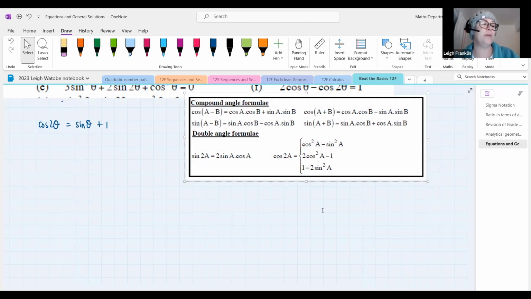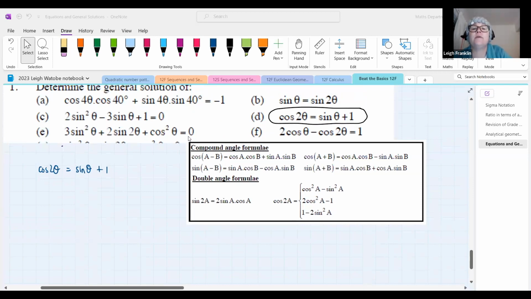Which option are we picking? Good. Well done, Mamelo. Well done, Amatle. Okay, very nice. So when you see cos 2 theta with cos theta, then choose the second option. If you see cos 2 theta with sine theta, choose the last option, 1 minus 2 sine squared theta, and